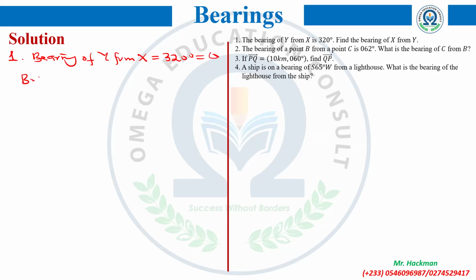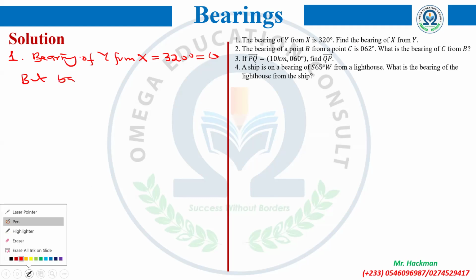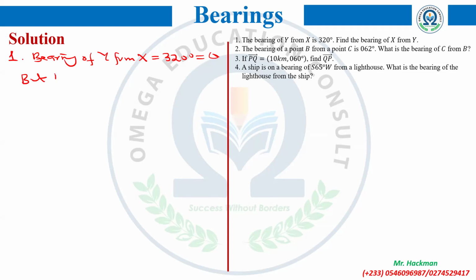But I want the back bearing of X from Y, which will be equal to, remember we said it will be theta minus 180 because it's greater than 180 degrees. So 320 minus 180 will give us